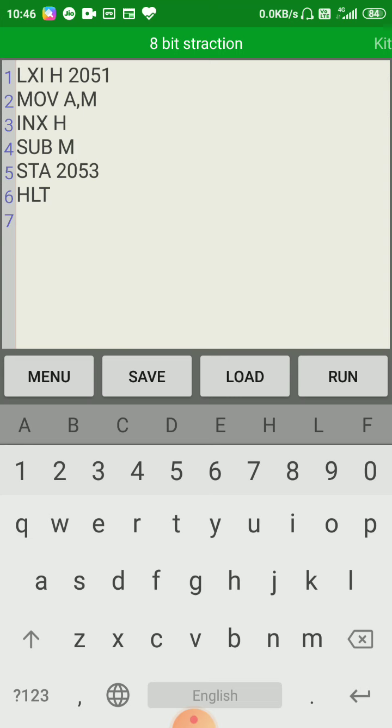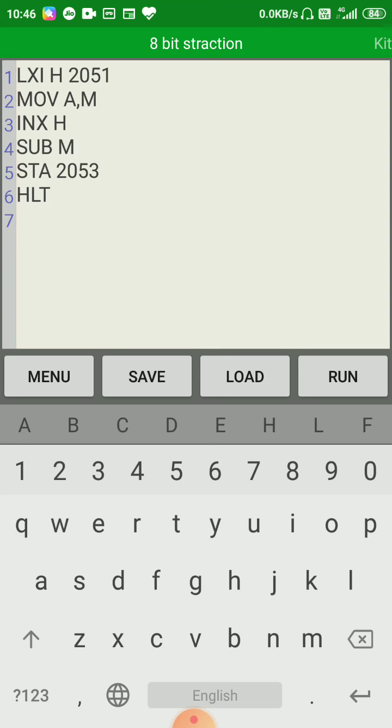After that the data content of accumulator is stored in the 2053 memory location. You can check your result at 2053.